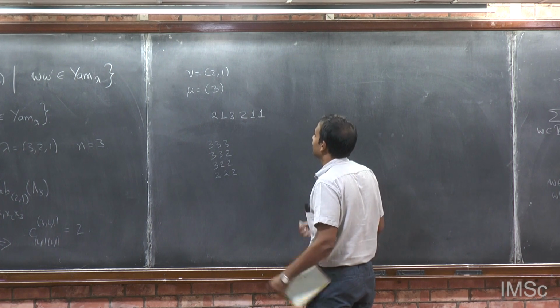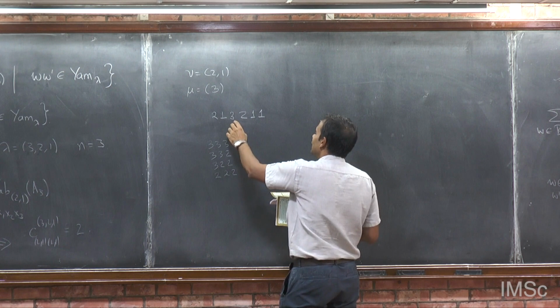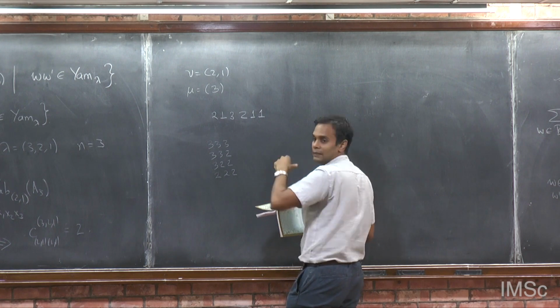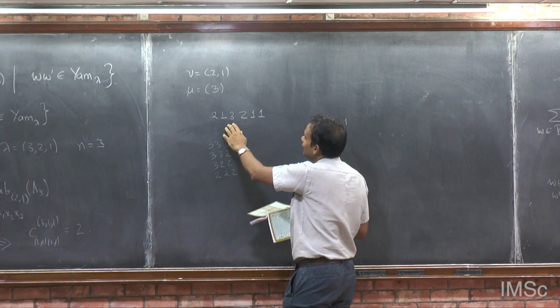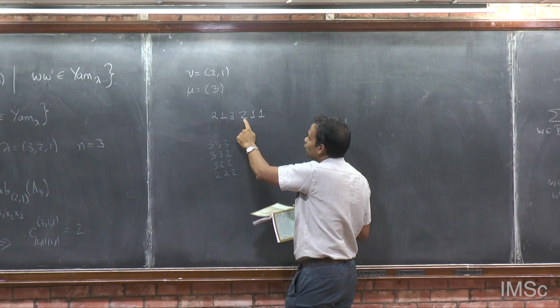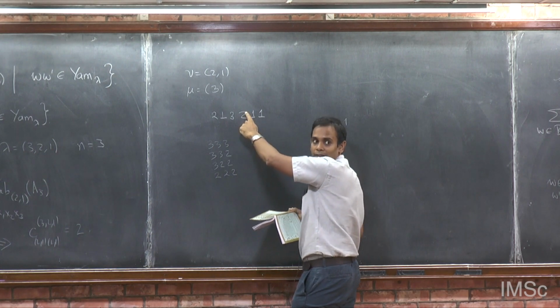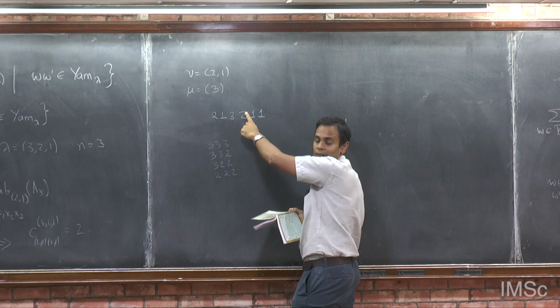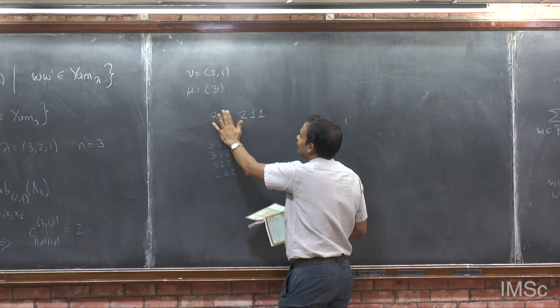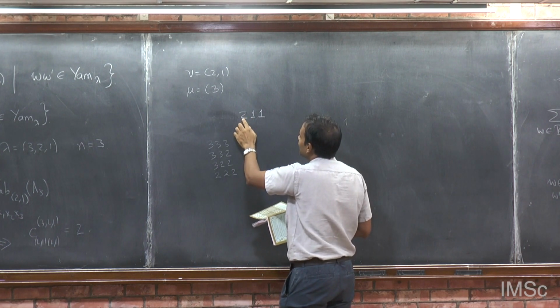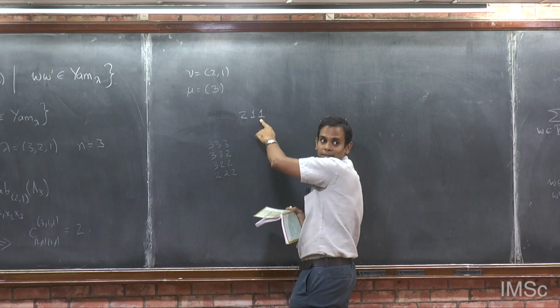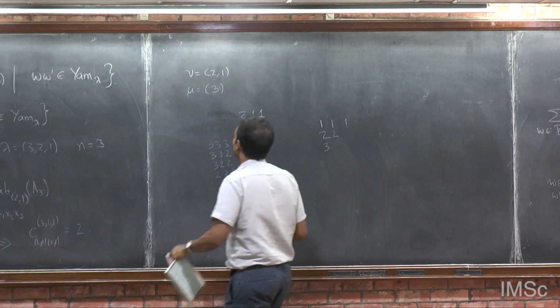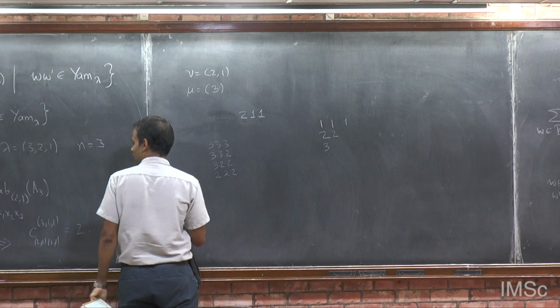So the question is how many 3's can I add here? The number of 3's I can add here is the difference between the number of 2's in this part of the word and the number of 3's in this part of the word. The number of 2's I can add here is the difference between the number of 2's here and the number of 1's here. So what I am doing is now